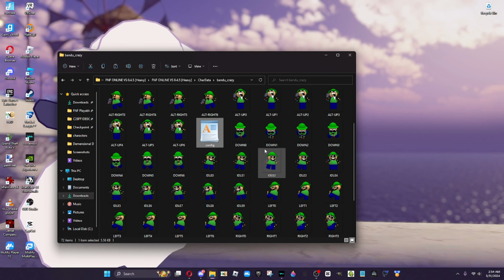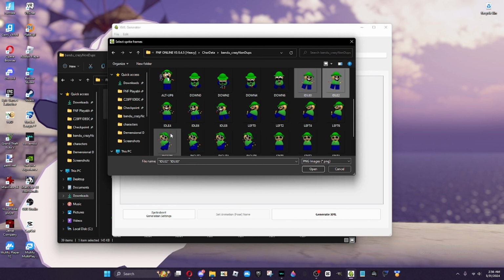I have an old version of the XML generator for Friday Night Funkin', because remember, I did this back in the day, and all this new stuff I legit do not know. Then you want to copy the file directory over to here and select every single one of the sprites. But if you just want to do it like me, just